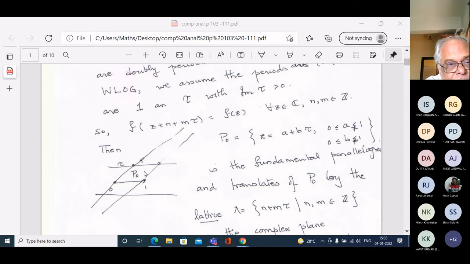Okay. So the point is that you can't have holomorphic functions that have two independent periods. Therefore, instead of holomorphic functions, we want to look at meromorphic functions. Meromorphic means what? Meromorphic means that in any finite region of the plane, there are finitely many poles. So the set of poles cannot have any limit point. Okay, the poles are isolated.